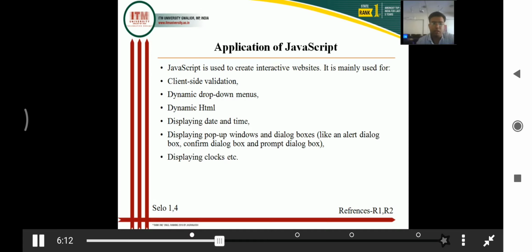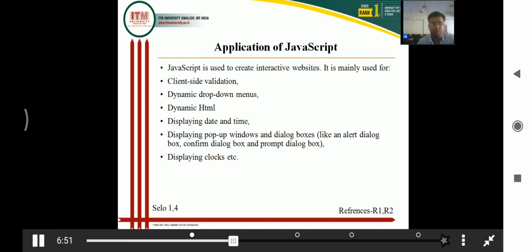Applications of JavaScript. First, you will use your JavaScript program for client-side validation. When the client fills in the data on the form, it should be accurate. You have seen in many web applications, where we fill in a form, some kinds of validations are there, like the password should have a special pattern, the password and confirm password should be similar, the email has a specific pattern, and the mobile number has a limit of 10 digits. All such validations are examples of JavaScript.